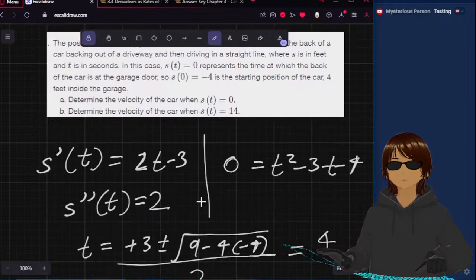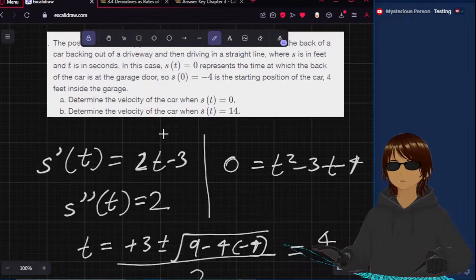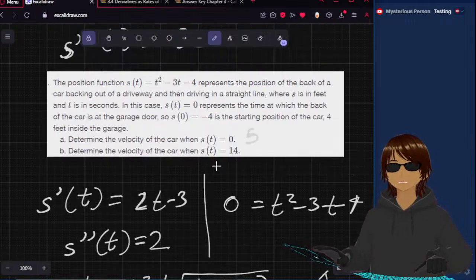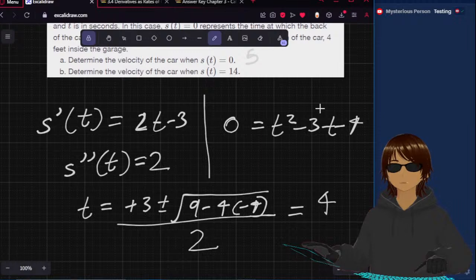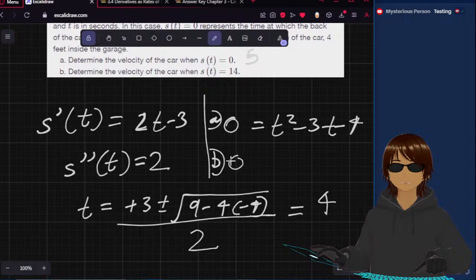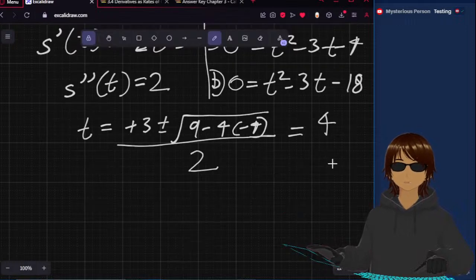So velocity at t equal to 4 is 2 times 4 is 8 minus 3, 5. So this one is 5, and s of t is 14. So this is for A. For B it's 14, but I'm subtracting it from both sides. So for B,